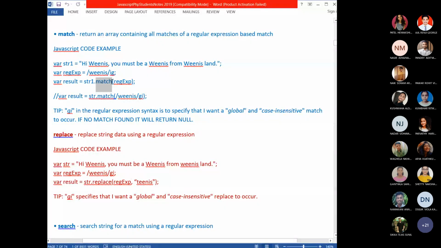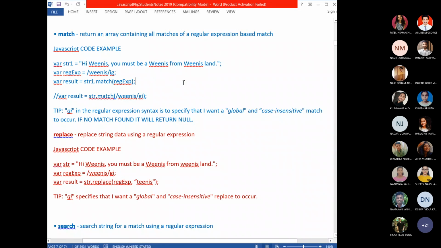This is uppercase and this is lowercase, so both will be considered different words. Then what value will be returned? Null. If it does not find any match, then null will be the return value of the match method.